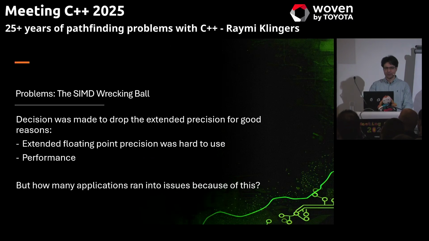But it always leaves me wondering how many applications have run into this problem, where one developer one day decided, I want more performance, and did not know that they were also trading in precision. Now, hands up if you actually knew that when you enabled SIMD instructions, you would lose your floating point precision. I didn't. And apparently other developers didn't either.